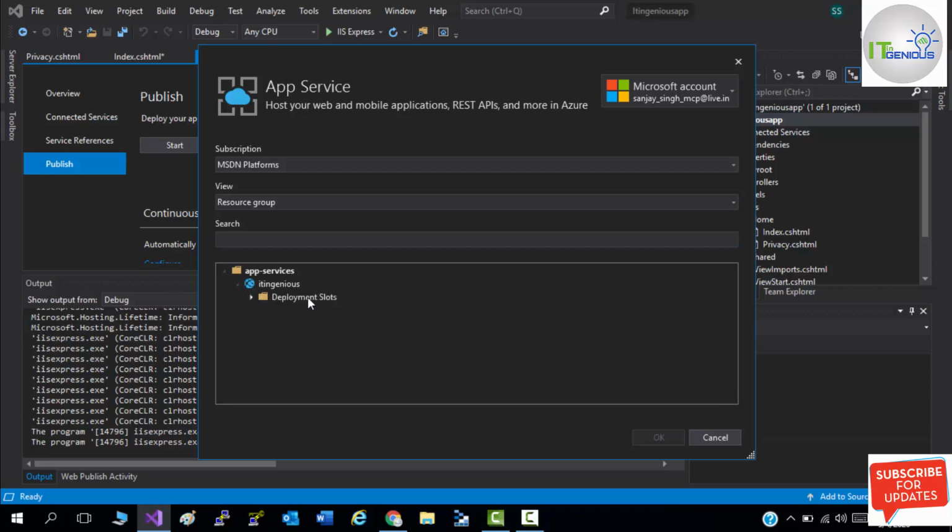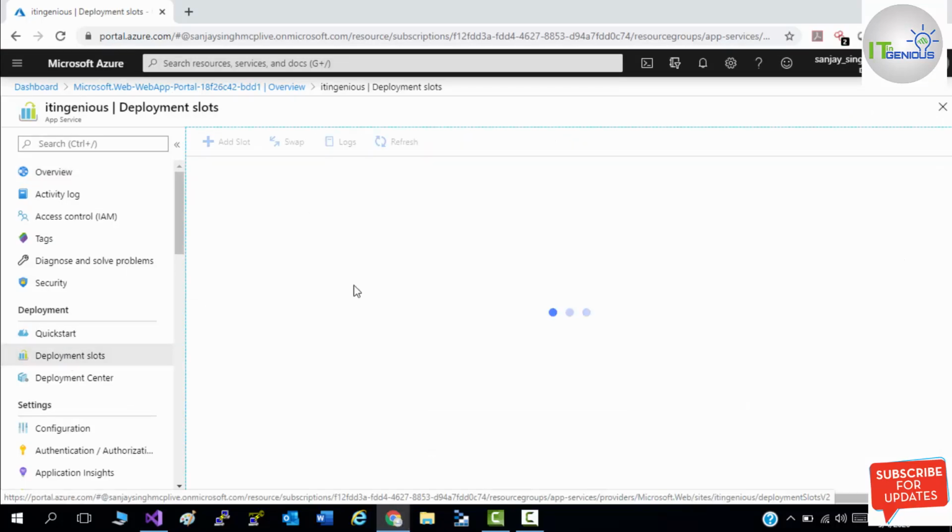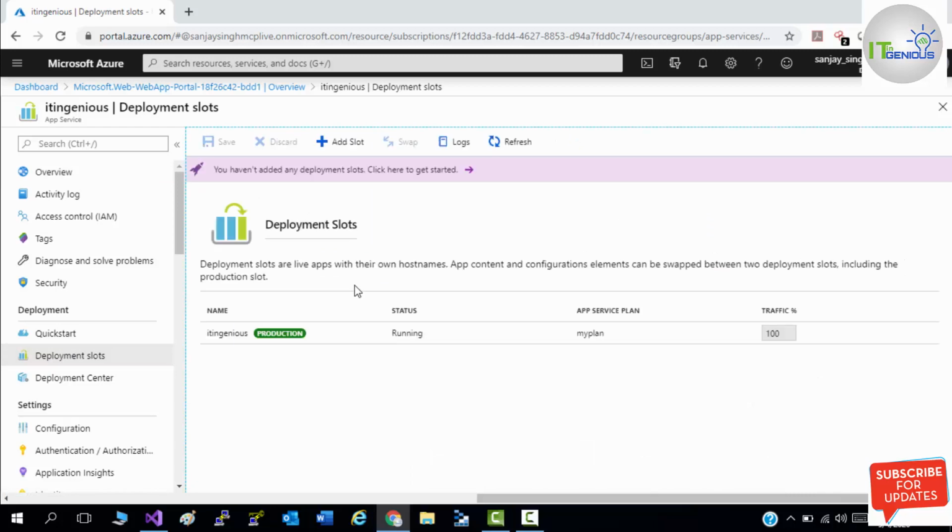There is one slot, which is my production slot. So there would be a production slot. That's why I'm not getting this. There is already one application running on my production slot. So what I'm going to do here, now if I upload this web application,